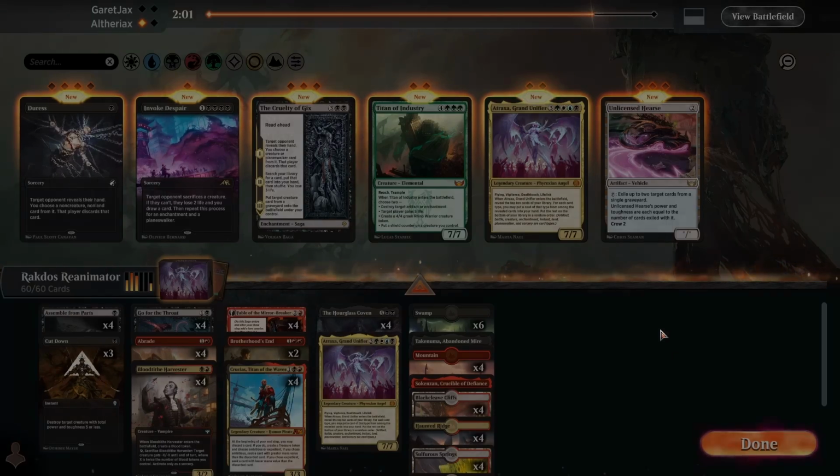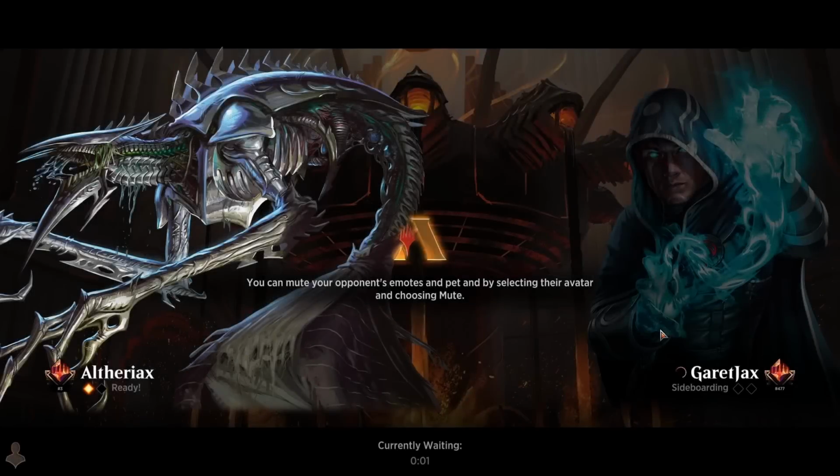I have been considering running an extra Cut Down in the sideboard, so I might end up changing that, just because, you know, we don't have anything to do on turn 1 in the main deck. Obviously, we have Assemble from Parts at 1 mana, but you can never cast that on turn 1, so yeah, I think if I face more aggro, I'm very tempted to go up to 4 Cut Down in the sideboard,